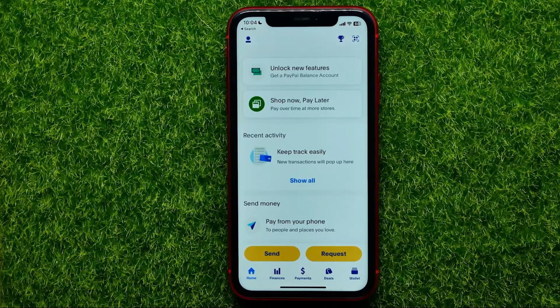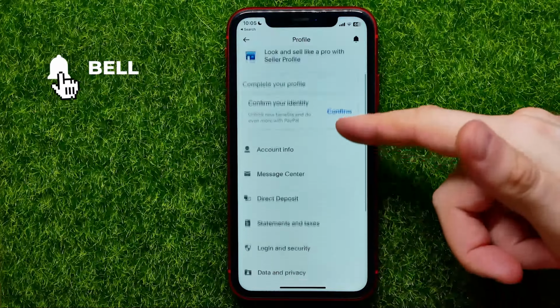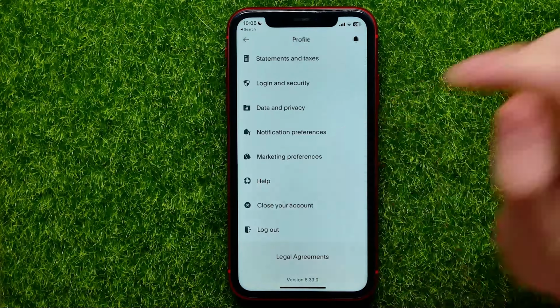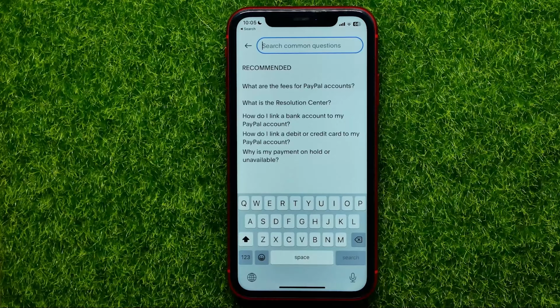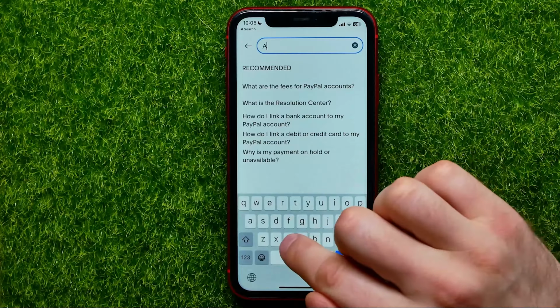So let's begin, and first open up the PayPal app. Then right here, tap that little person icon. It may ask you to use Face ID to get access to your profile, and then just scroll down until you find help, then get into it, and then at that search box just start typing in